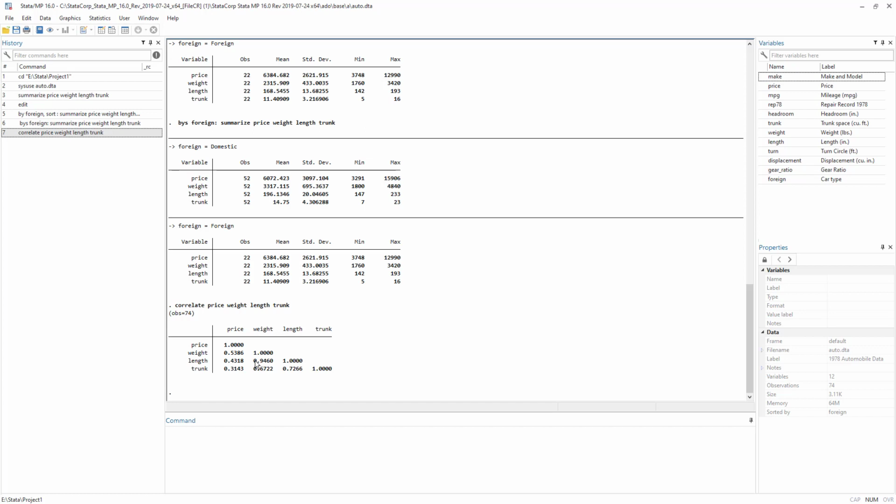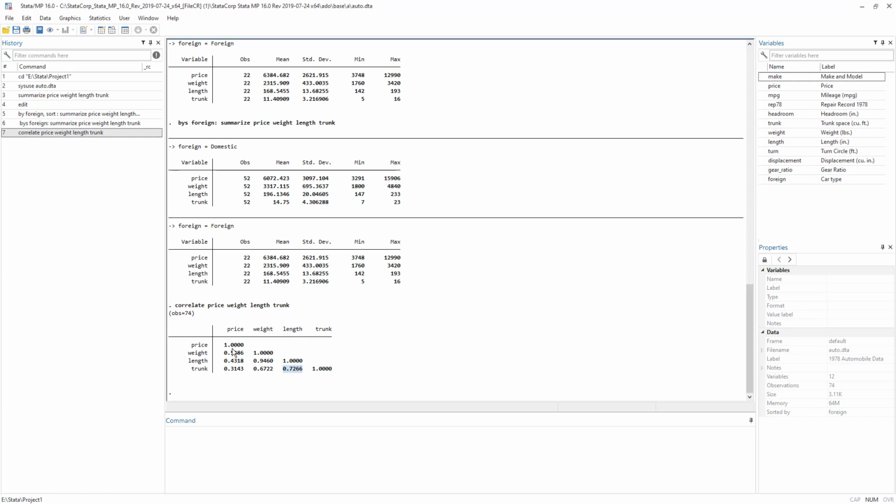But again, we would have some diagnostic tests that we would use to find out. It is simply the start, and higher correlation wouldn't necessarily mean that there is an issue of multicollinearity, but just in case. So there is a correlation of 0.7 between trunk and length.